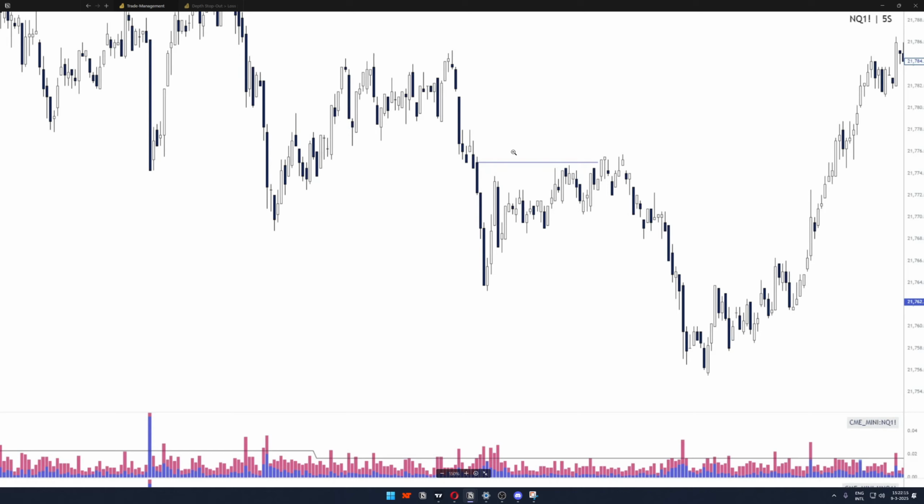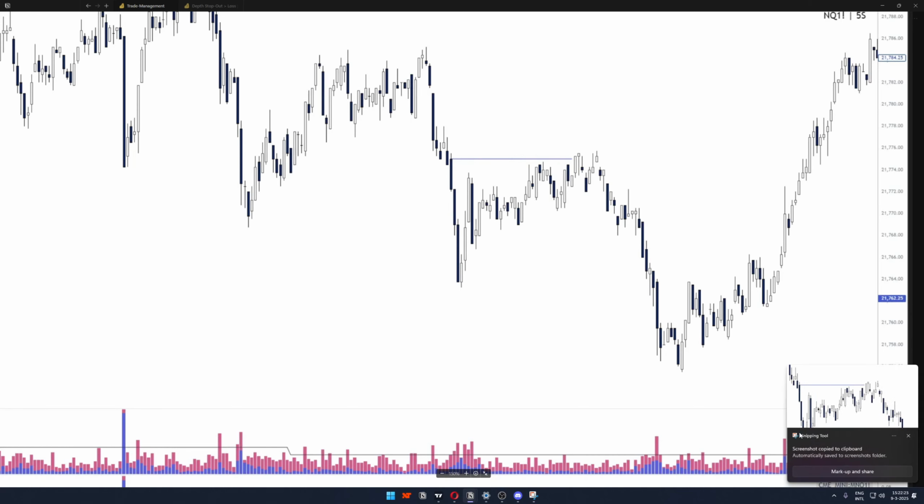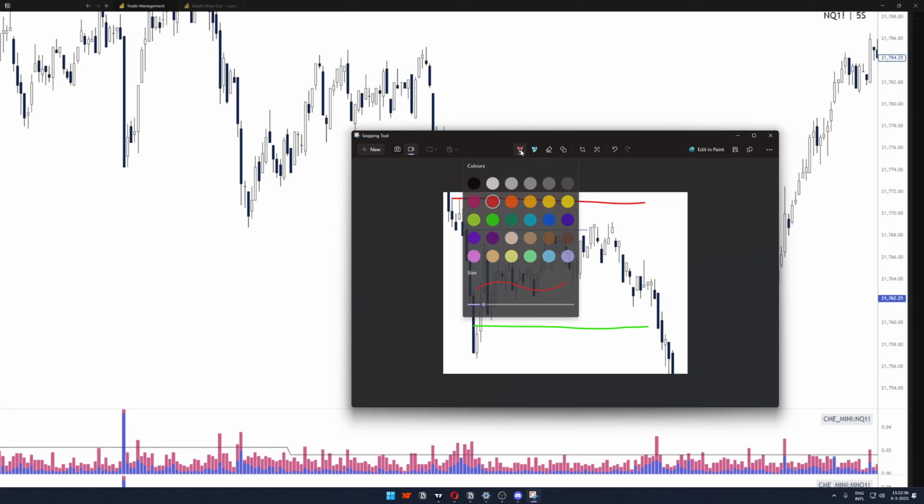So showing this, it's already a less valid sample. But in this instance, we would have a target right here, just like so. The target would have been here, as this is the first stop back. The stop would have been placed right here,